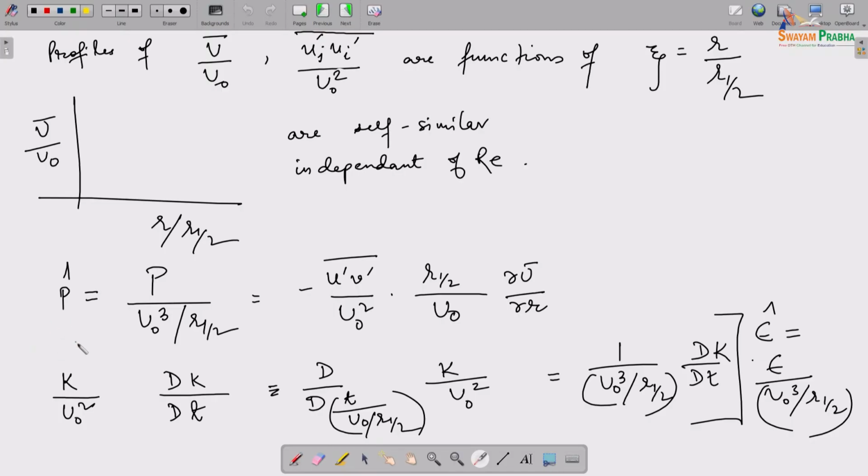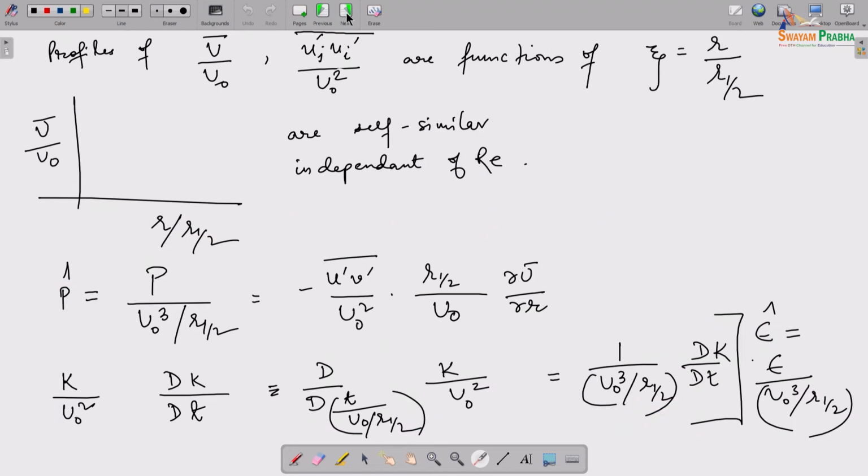So we saw that if I take the production, that also scales with this, u naught cubed by r half. And then we saw the first term, which is the rate of change of the turbulent part of the kinetic energy. That also scales with u naught cubed by r half, which basically means that this term and the production are self-similar and independent of the Re. Now these are all in the same equation, so one would expect, like I said, it's a hunch, that the turbulent part, right? This is the turbulent part.